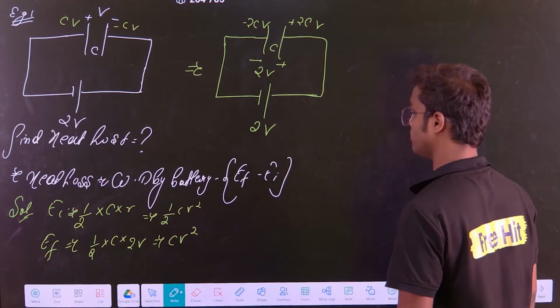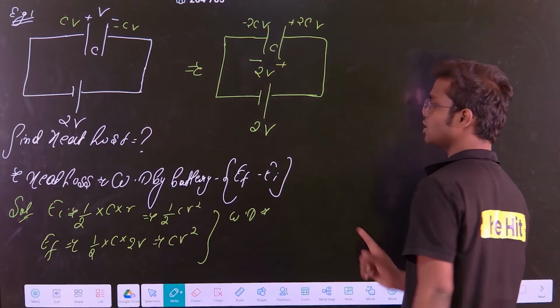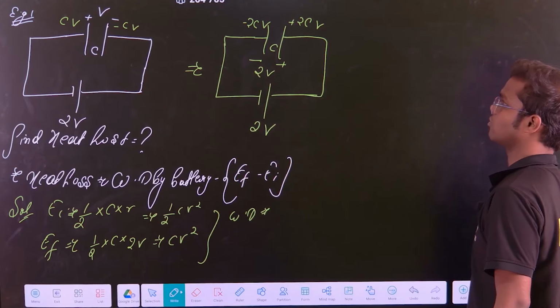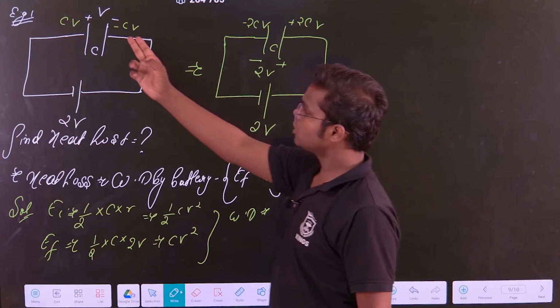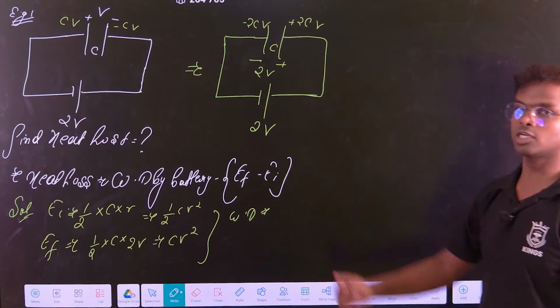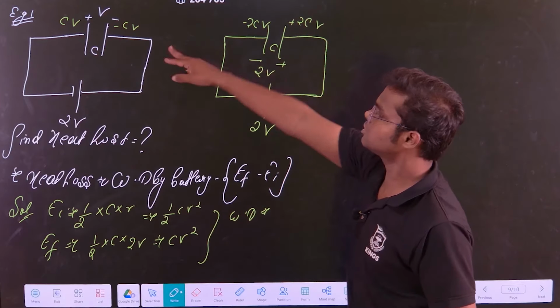Okay, no problem. Now next is what is the work done by the battery? That is charge flown. How much charge has flown from here to here? You can see the initial charge on this is minus CV. Now the charge is plus 2CV. So how much charge has flown? Final charge minus initial charge, 3CV,